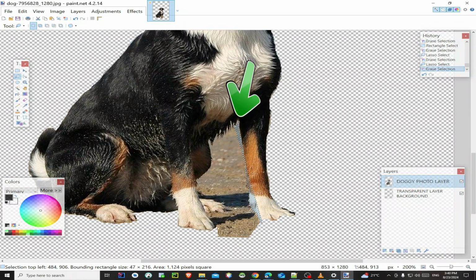That moving down along his chest. Like down here. Like this. Hope you can see the selected area.